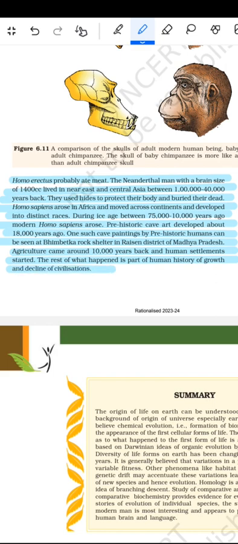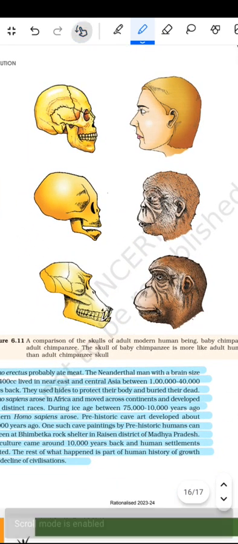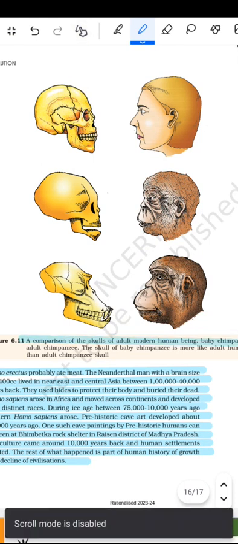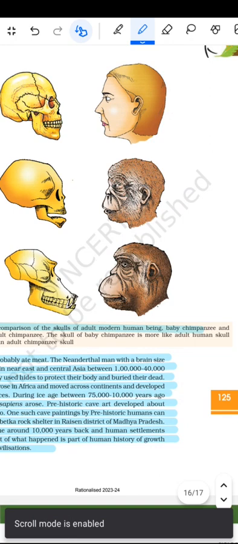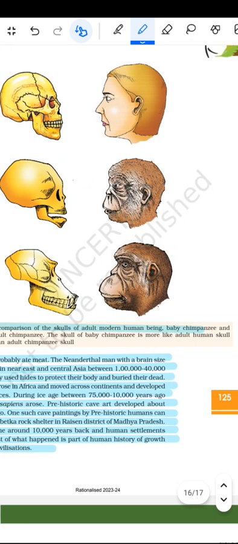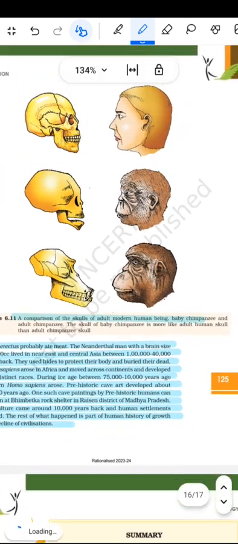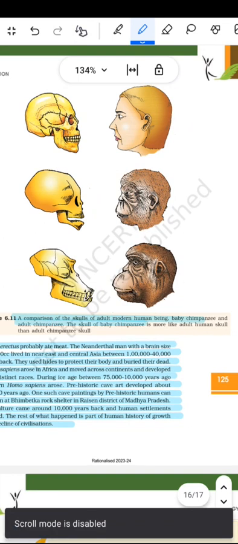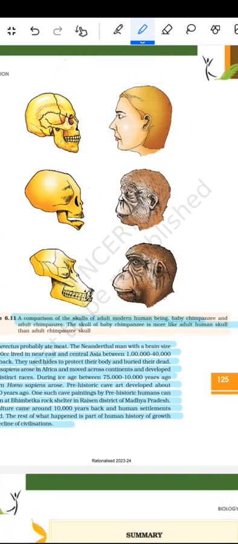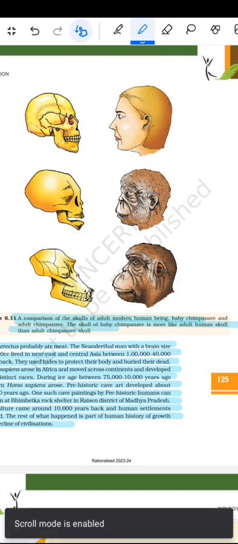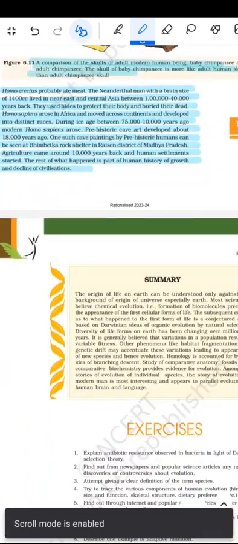तो यहाँ पर दिया हुआ है comparison of the skull of the adult modern chimpanzee and the adult human, baby chimpanzee and the adult chimpanzee. The skull of the baby chimpanzee is more like the adult human skull than the adult chimpanzee skull. यानी बेबी वाला है जो adult human से ज़्यादा मिलता है।